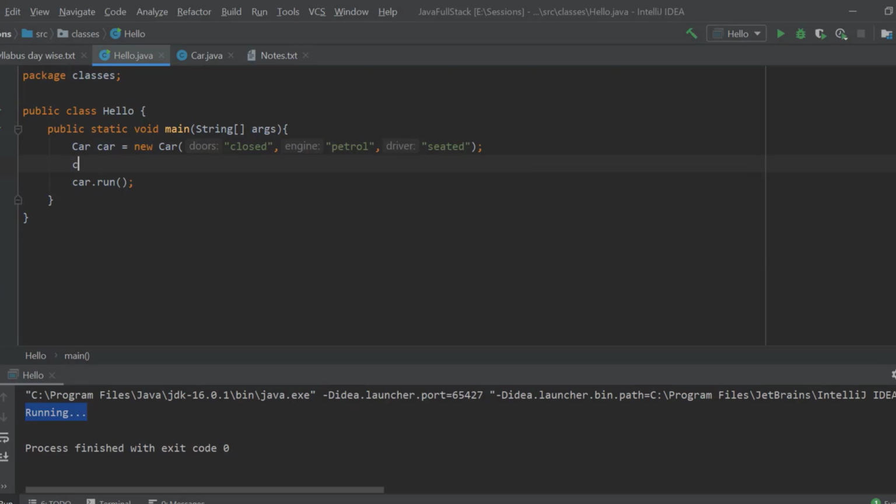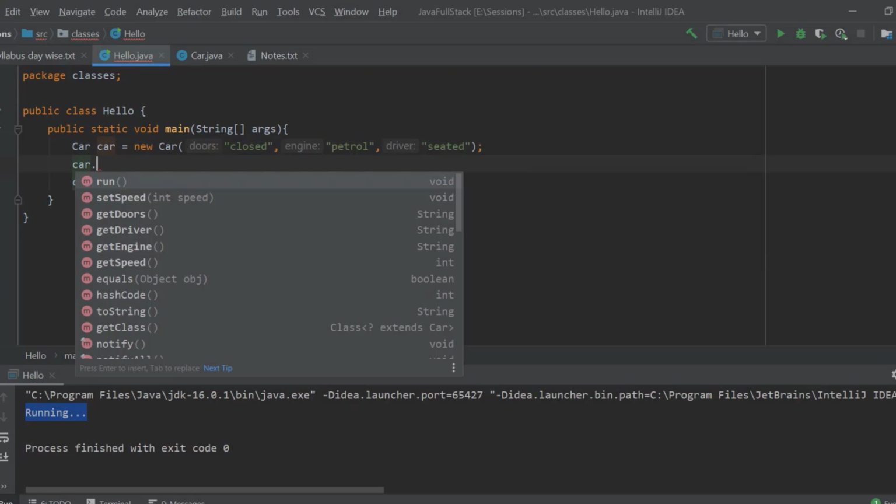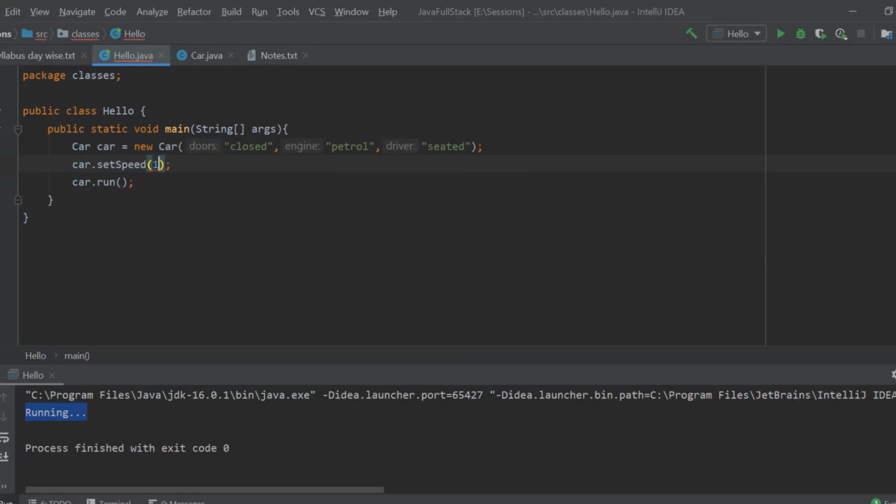I've removed the speed and I'm saying car dot set speed to 12. Is it giving me any error? Can you see any red lines? No. I'll simply run this now. Is my program running successfully? Yes, Monish. So how many variables am I having over here?